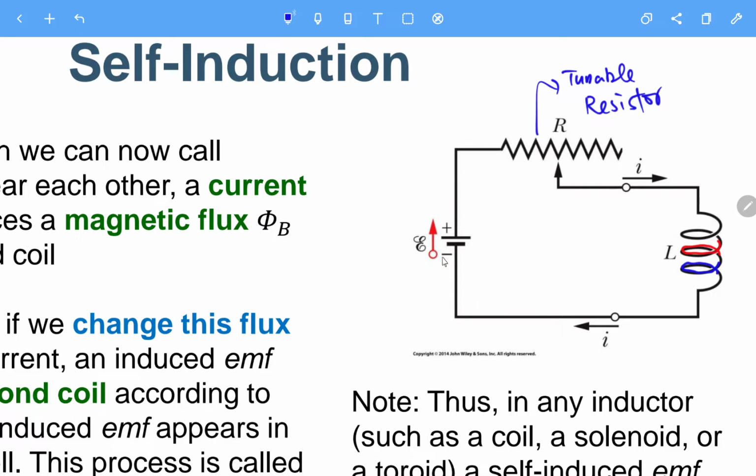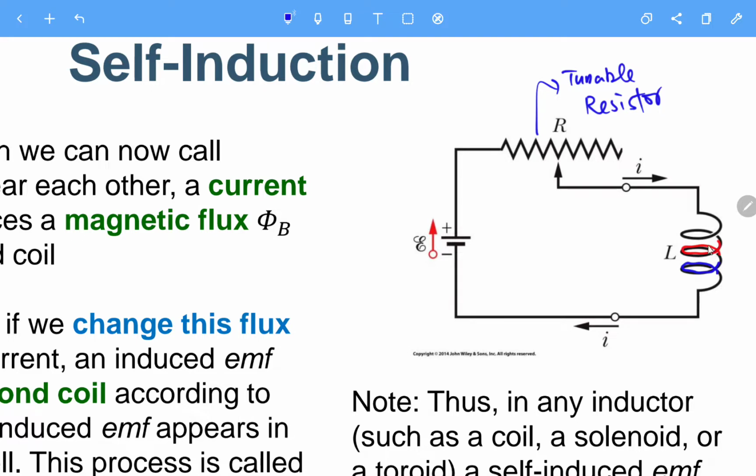Then you can determine the current by Ohm's law. So E over R will be this current. So you can control the current here,